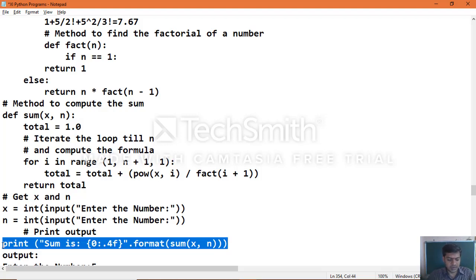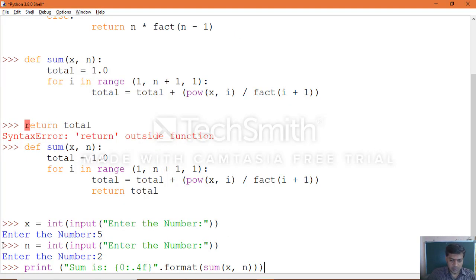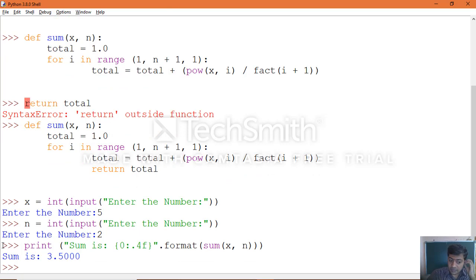Up to that, the result will be calculated. Sum is 3.500.